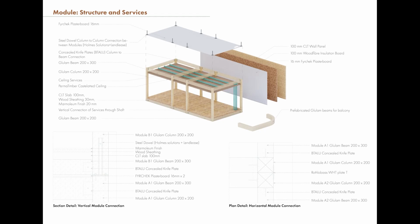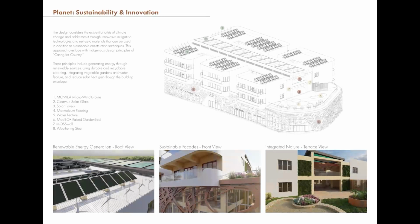Columns are interconnected through steel dowels, while column to beam connections take place through concealed steel knife plates. This allows for flexibility in design as modules can be made bigger or smaller through partial removal of beams and columns. The design considers the existential crisis of climate change and addresses it through innovative mitigation technologies and net zero